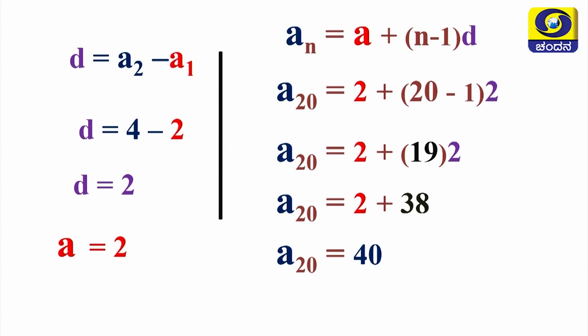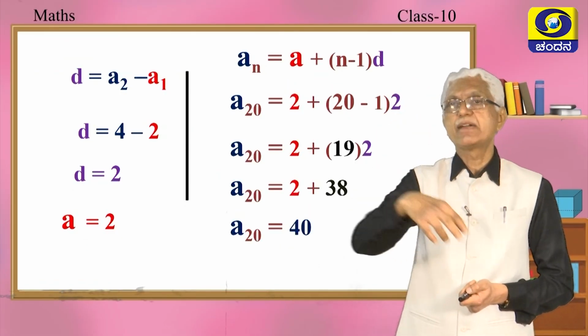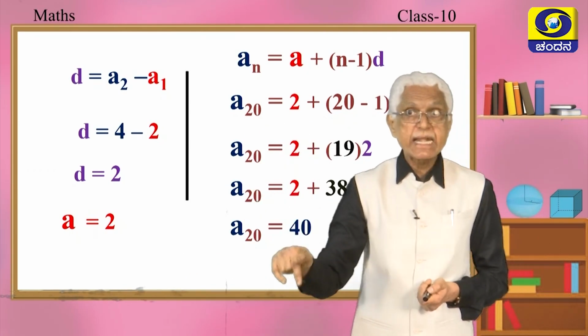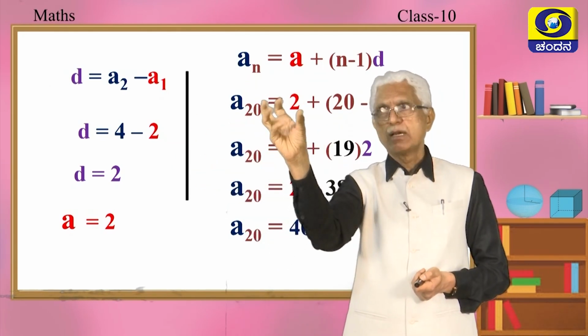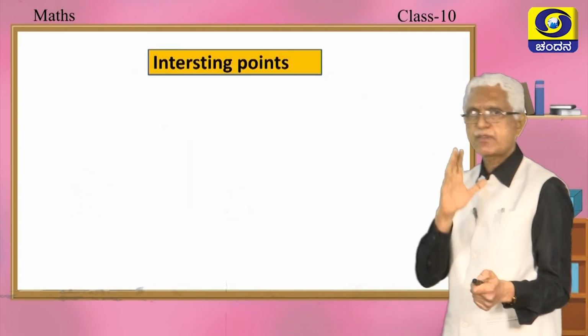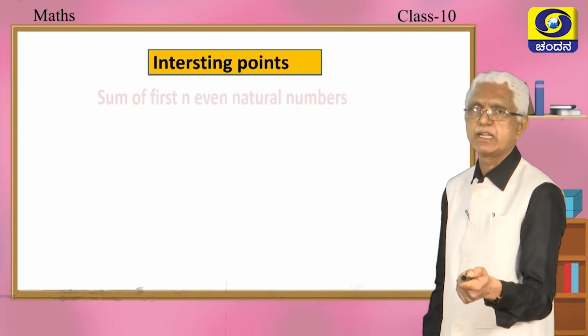See, the beauty of this problem was you had to find out the common difference, for which you should find A1 and A2. To find A1, it was S1. To find A2, you had to find S2, sum of two terms. From that you have to subtract the first term, right? Okay. Just a few points that you need to note or you need to observe carefully, my dear children.